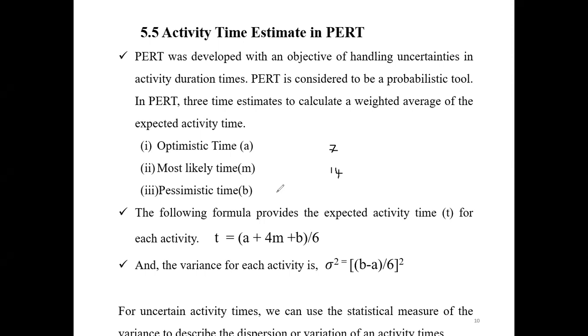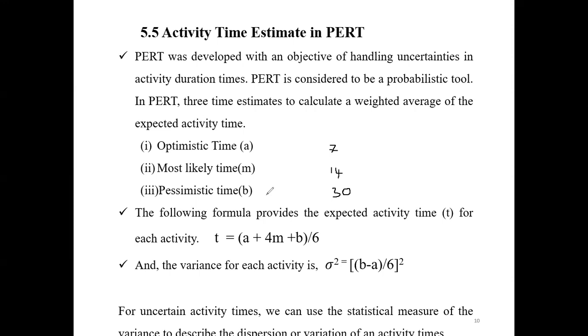For this, we have to assign another one or two activities, so we assign 1 month. That means 14 days or 30 days to perform this group presentation, considering that unavoidable circumstances may also occur. So what does pessimistic mean? The maximum time taken to perform